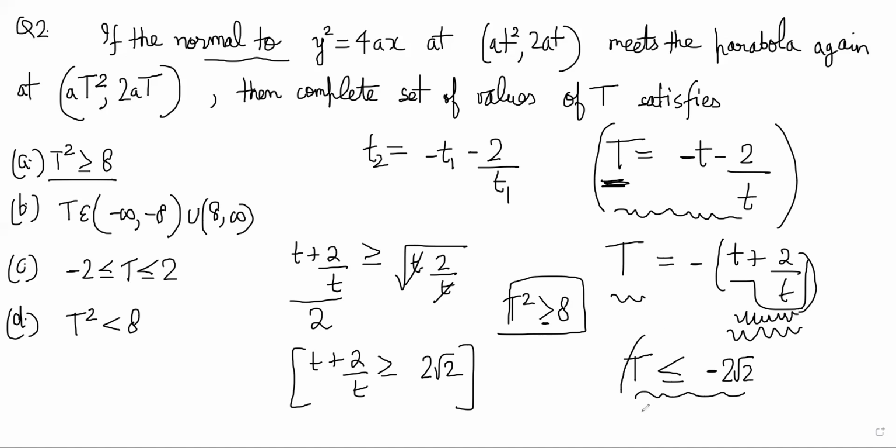Because less than minus 2 root 2 means t square is greater than 8, right? Yeah. The others don't fit. This is not correct. This is not correct. You understand? Yeah. Okay. Then